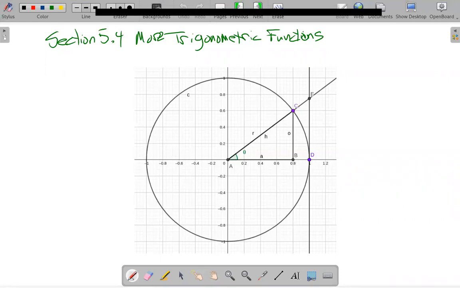Let's see, where was I? Oh, we talked about the basic trigonometric functions the other day, so I just want to review those, and then we're going to look at some other trigonometric functions and see how Daniel's question fits in. All right, so we talked about the sine function the other day,